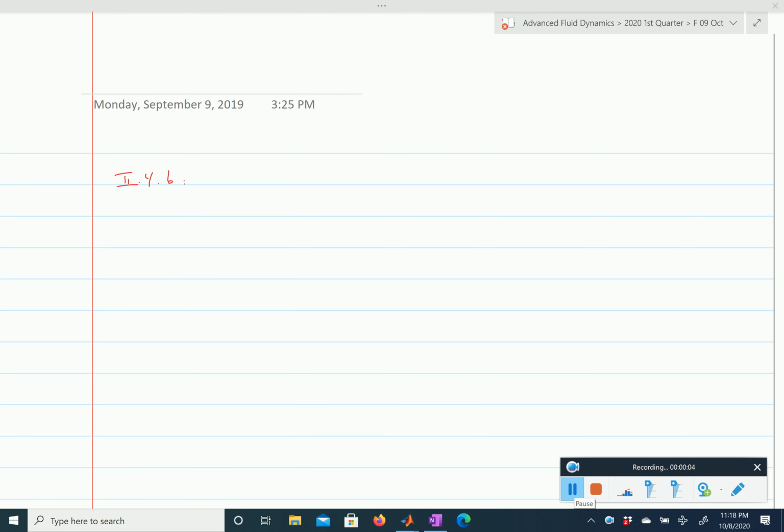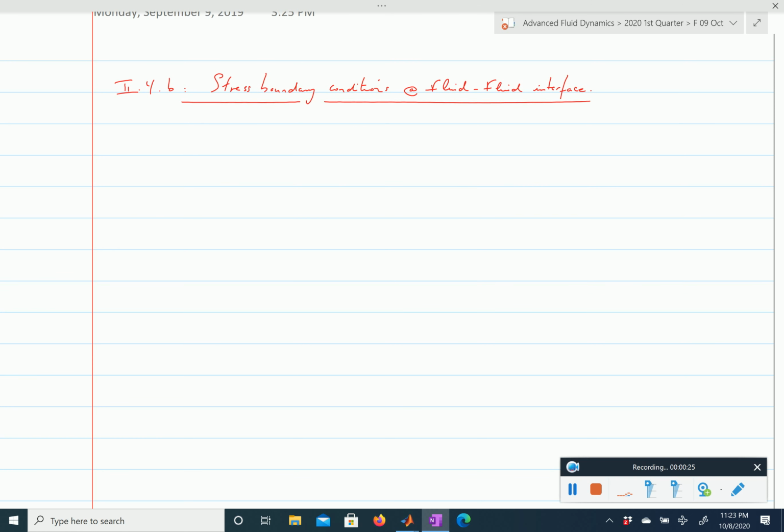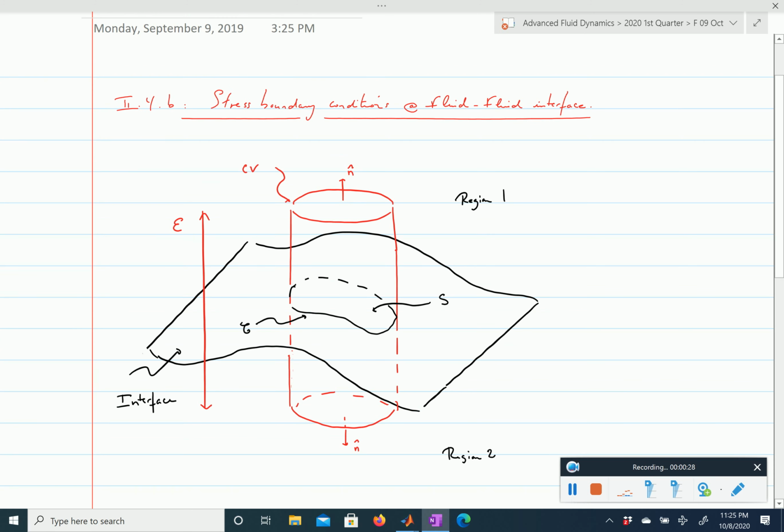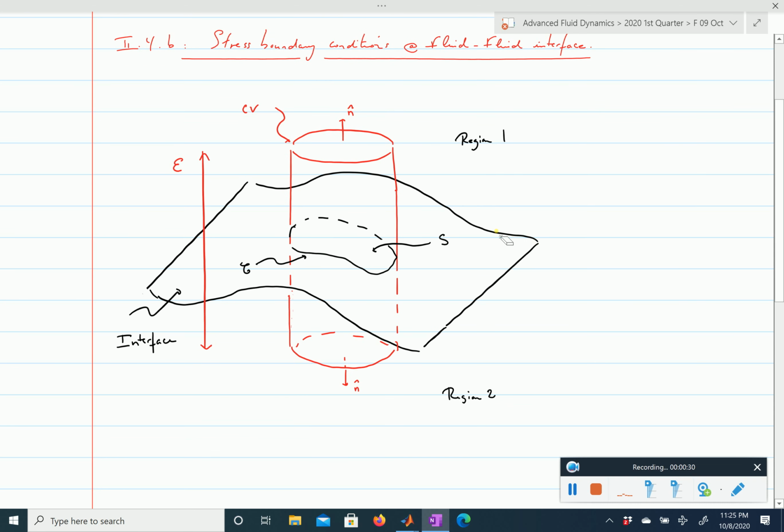Here we continue our discussion of boundary conditions by discussing stress boundary conditions at a fluid interface. Okay, so let's assume again that we have an interface. So here our interface is this black wavy surface. Again, we have a region of fluid 1 on top, and we have a fluid 2 below